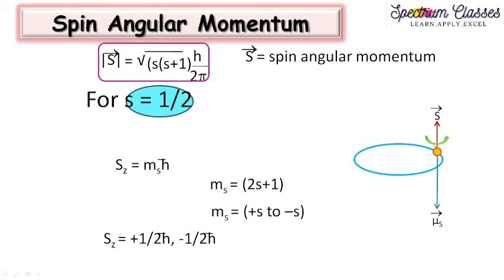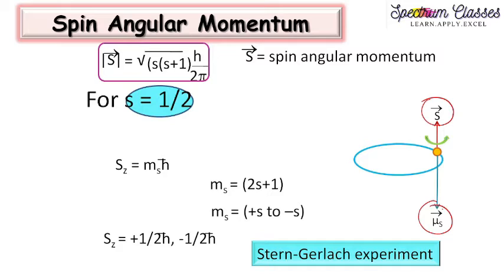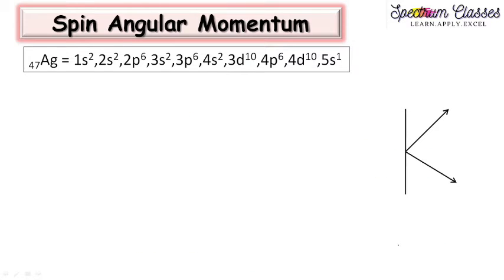So I hope you understand these two terminologies, spin angular momentum, and since it is a moving charged particle, it has a magnetic dipole moment, which is the spin magnetic dipole moment. So it has two different values for this Sz. This will be explained on the basis of the Stern-Gerlach experiment. Now let's start with the silver atom. We are using the silver atom for this experiment. So I will give you a brief summary about this silver atom.